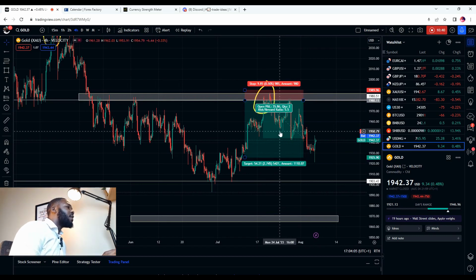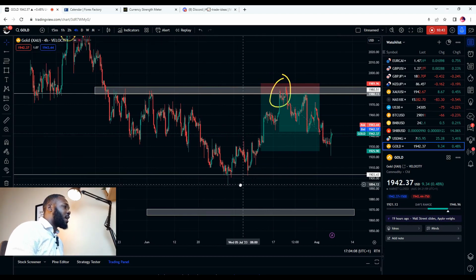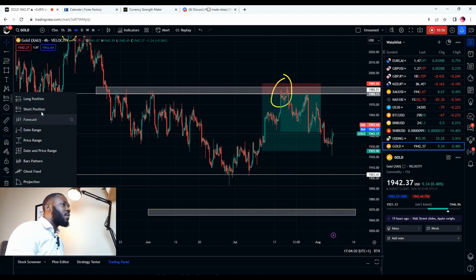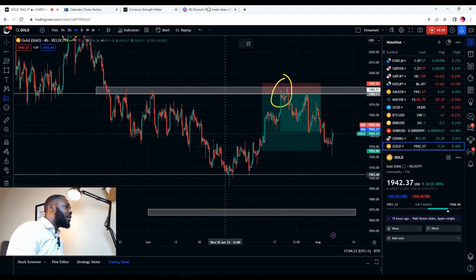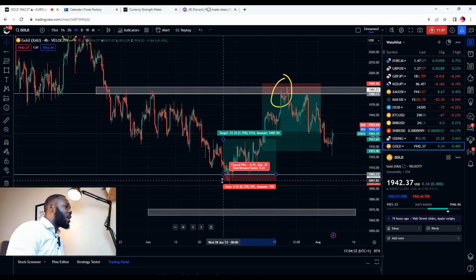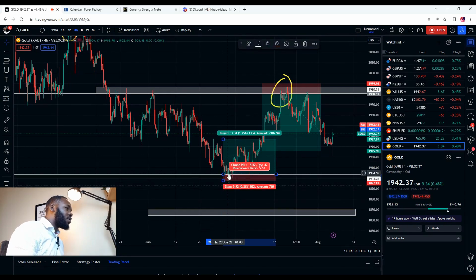This is how I deal with market manipulation a lot. You can see this is a zone right here too. You can see the weak candle it made before going up. If you enter into this market, if you set a pending order in this market, let's say you're setting a sell limit, you're planning to buy, and you're just using the horizontal line, and you set your stop loss somewhere around here, and this market triggers your order, it's going to hit your stop loss before even going to your profit.